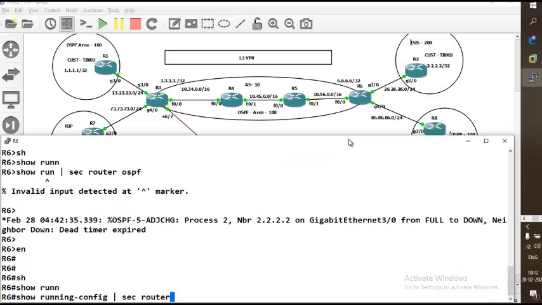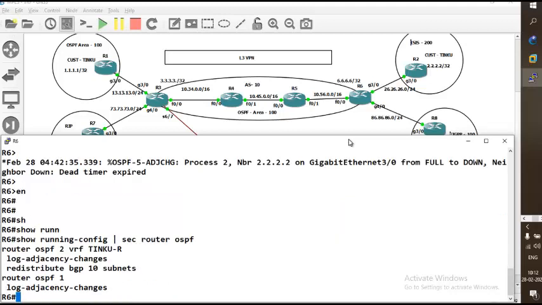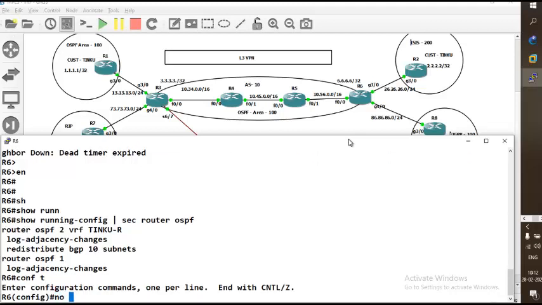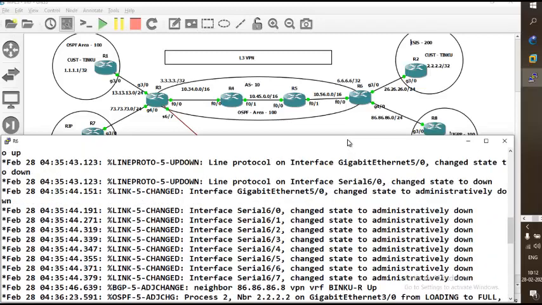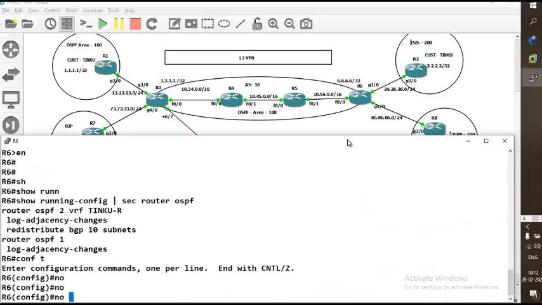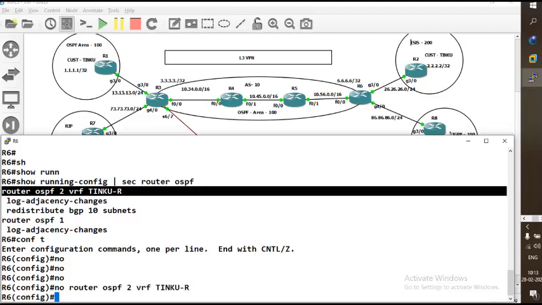And where will we use BGP then? BGP we are not using anywhere. BGP is only in the service provider, the core, the VPN provider. Okay. VPN is only in the middle. Between the PE and the CE devices, we usually don't configure